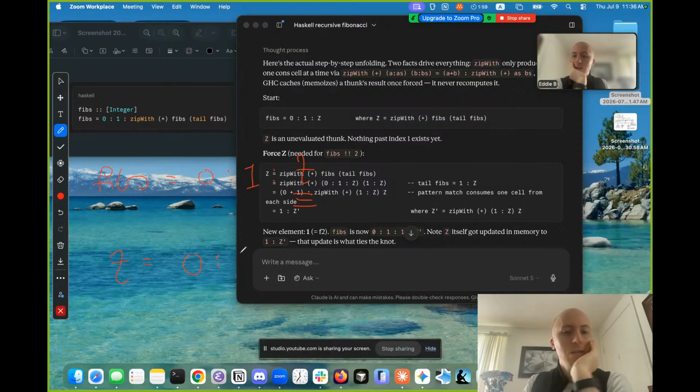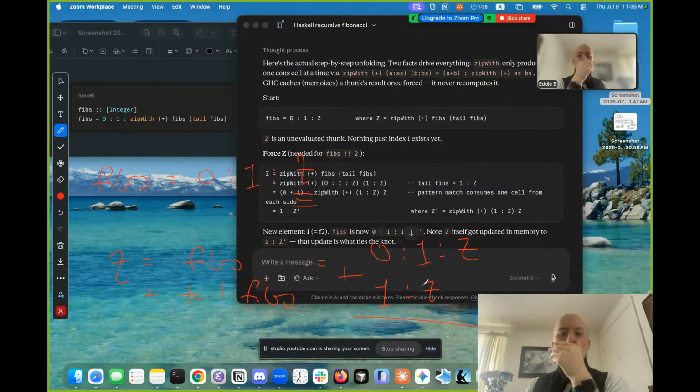So let's just start. Fibs plus tail fibs: fibs is 0, 1, const with Z, and tail of fibs is 1, const with Z. We're adding these. Okay, so then we get 1 const with